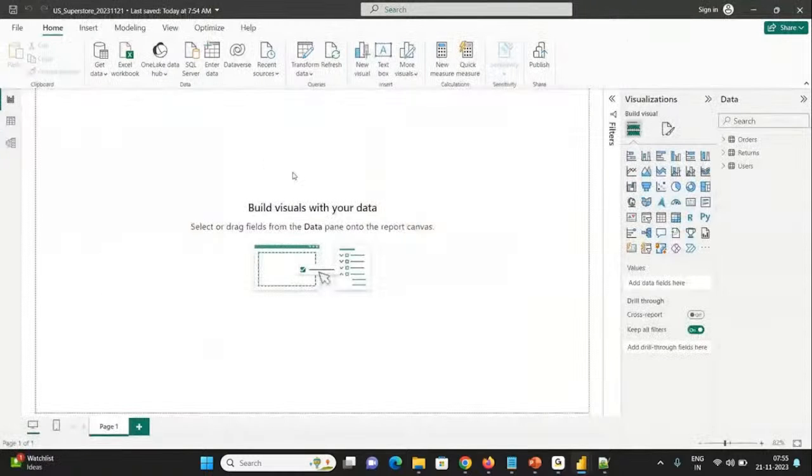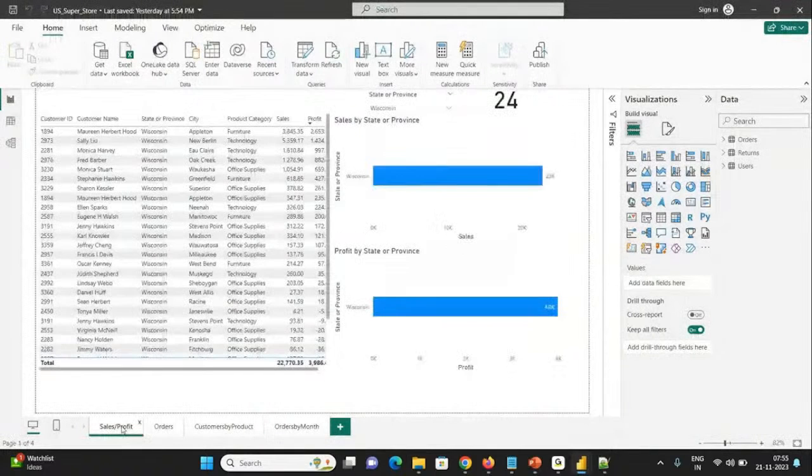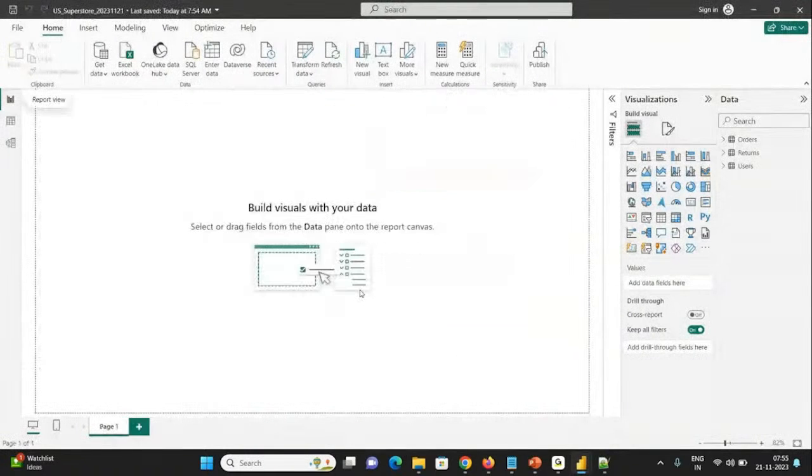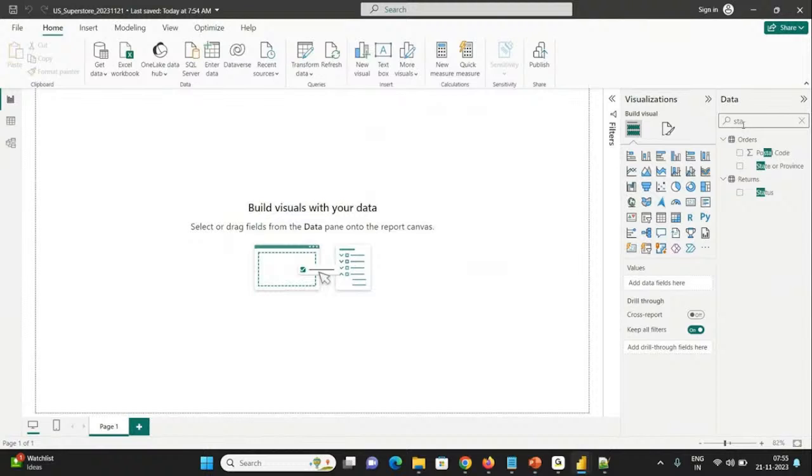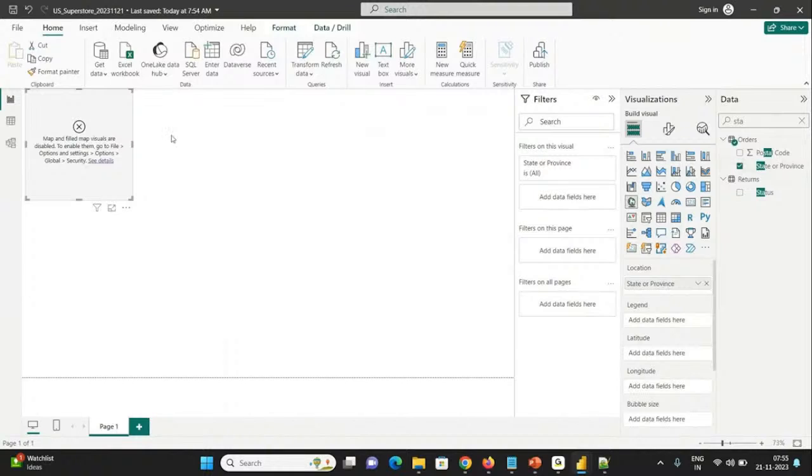So now, basing on the data, there is something called as profits and sales, and we have state and province also. So let me pull that data. Over here, this is called as visualization page or canvas, wherein you can make the visualizations or you can show graphs, tables, whatever you want to. Let me pull up state or province. Once I search for it and I take this,